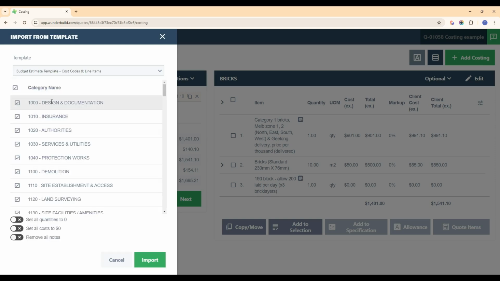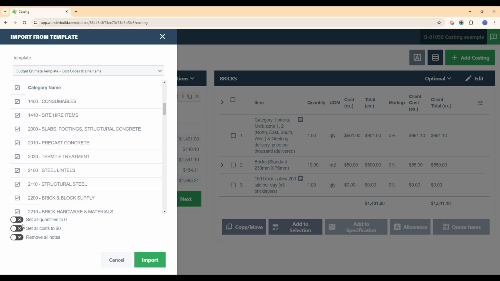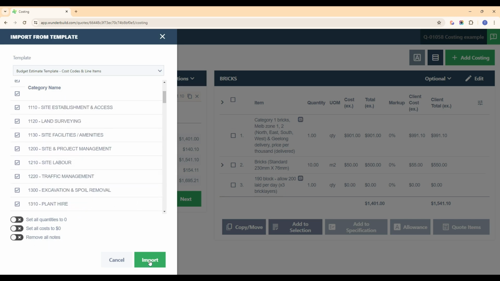You've got a few other options here to decide whether you want to bring in all your categories. You may want to leave some out, and you can also decide whether you want to set all the quantities to 0 or the cost to 0, and add or keep the notes that you may have in this template. So if I do that and hit import now,